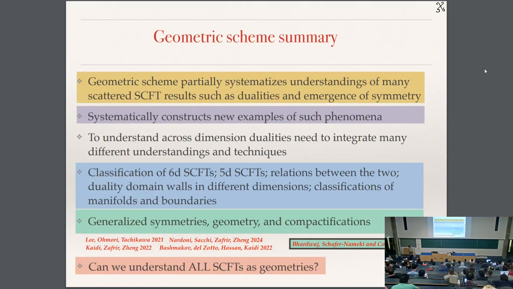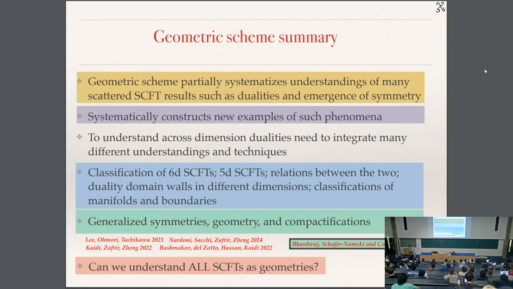To understand such cross-dimensional dualities, we need to integrate together a lot of understanding about the different CFTs. For example, classification of 6D CFTs, their compactifications to 5D, relations between them, and many other things. Generalized symmetries only start to enter this discussion. So there is a lot of work done